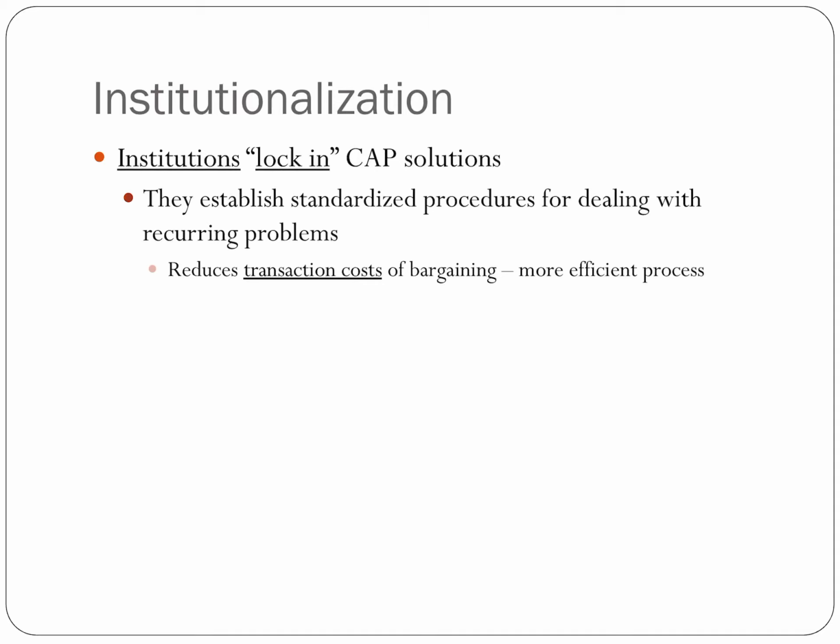What this does is reduce the transaction costs of bargaining. In other words, every week we don't have to sit together and say, okay, how are we going to clean the house this week? Every week there's a process by which we know what I'm responsible for, what you're responsible for. So that's transaction costs. Bargaining is costly in itself. Coming up with these solutions is costly. Getting that community agreement on it is costly. If we can cut that down by standardizing the procedure, then that's a more efficient process, and it's less costly to come to community consent over time.